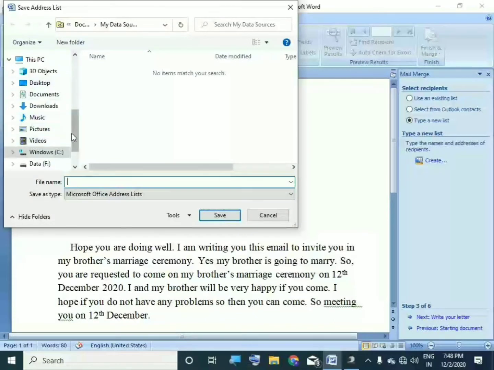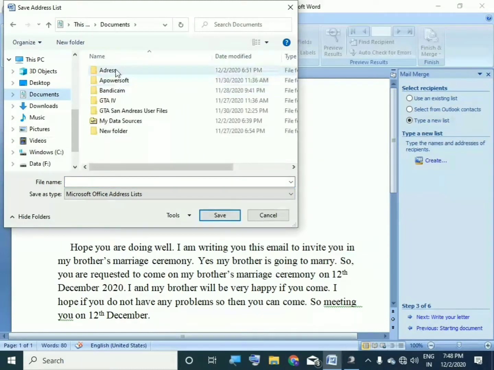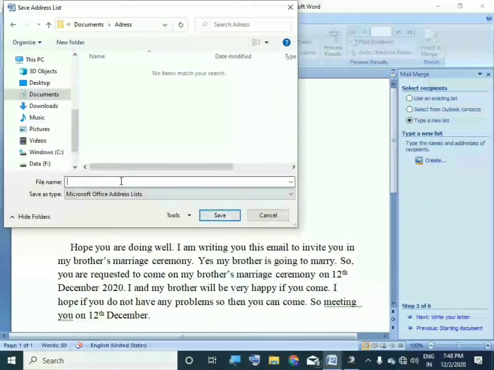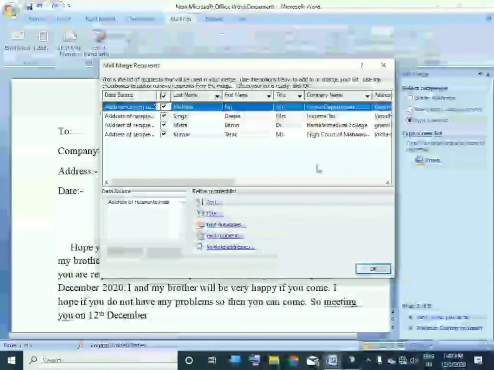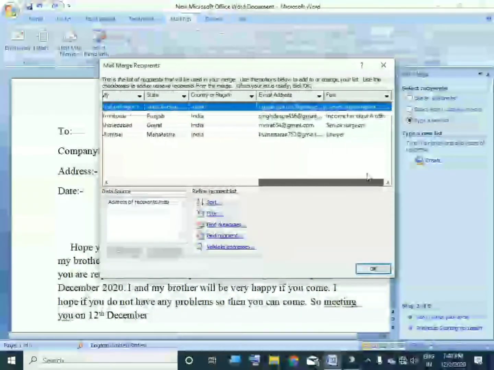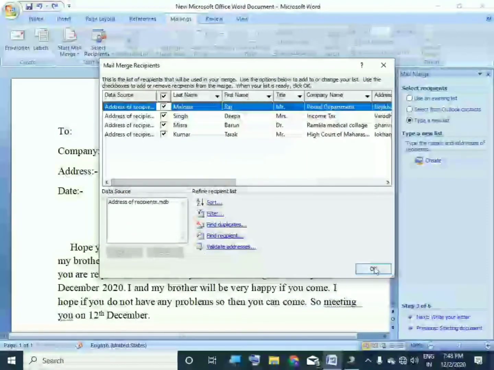The address I have done, I want to save it. So where will I save? I am just locating a place to save, and I am naming it address of recipient. So I will save like this. So the recipients' names are here.